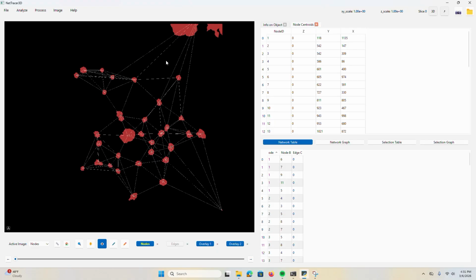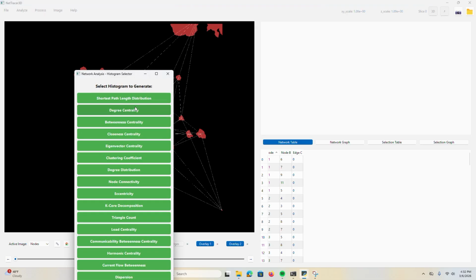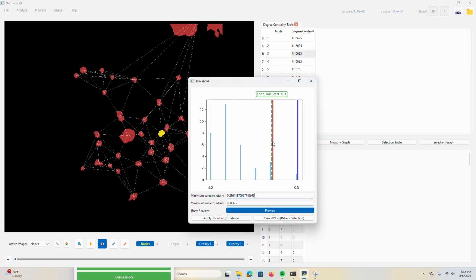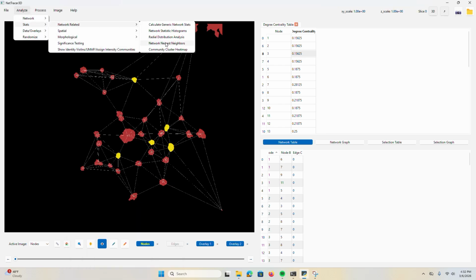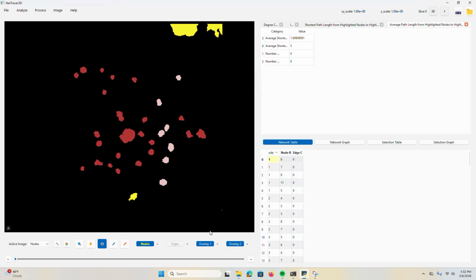So once you have this network, of course, like before, you can compute your network statistics. You get these histograms. You can use them to threshold nodes to pick out high scoring ones here or whatever you want. There's some other cool stuff now that you can compute, like these nearest network neighbors. You can find the shortest path here between your highlighted nodes, and this also can do it through identities. So for example, here's the shortest path through these nodes here, and we also made a heat map, which is telling us that these are kind of far apart,